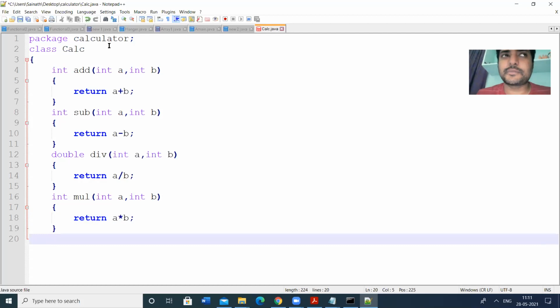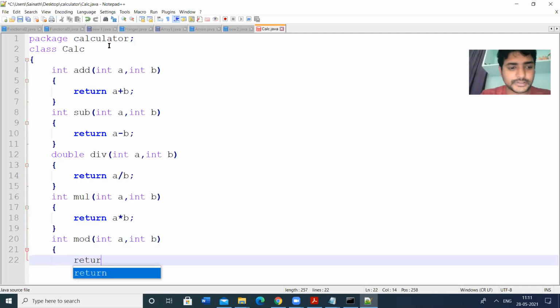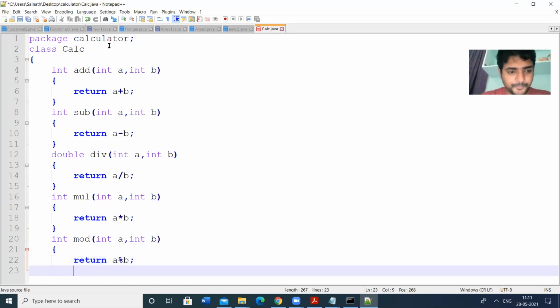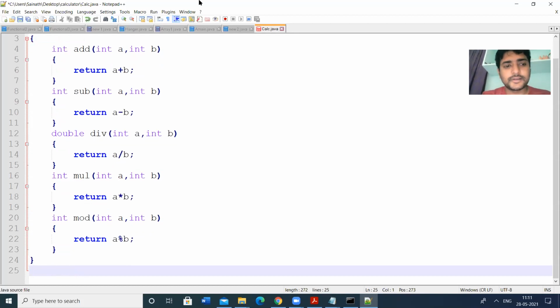In calc we have addition, subtraction, multiplication, division, and then we may have modulo: int a, int b, where I perform the modulus operation and return a modulo b. So this is my class. I have closed the class.